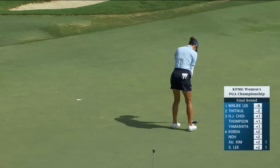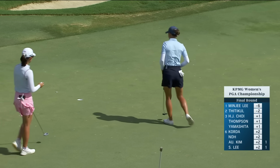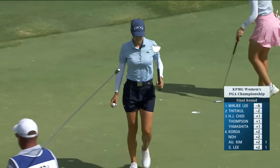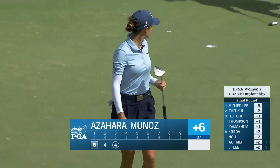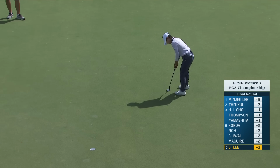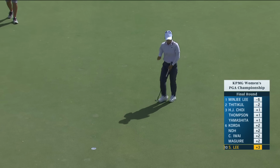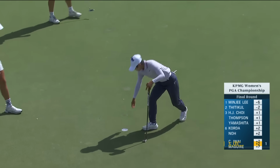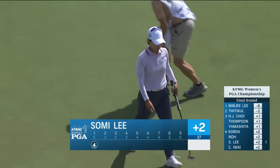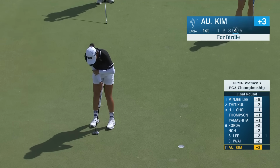As we head out to find Arthur Munoz. This at the third. Nicely done. Arthur had to go back to the qualifying tournament at the end of last year, so every result out here that moves her up. Well hold. Nicely done. She's had some good form this year, just her second on the LPGA Tour for the 26-year-old from South Korea. Back to the first now, and Austin Kim for an opening birdie,